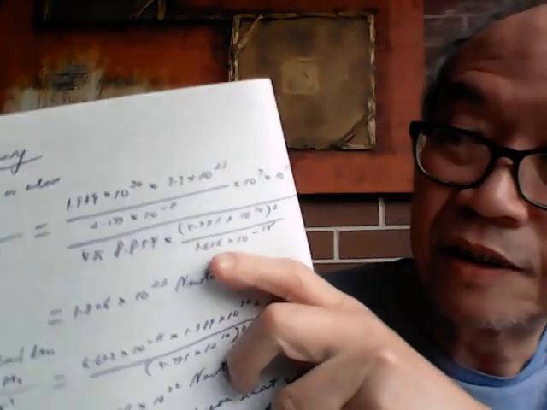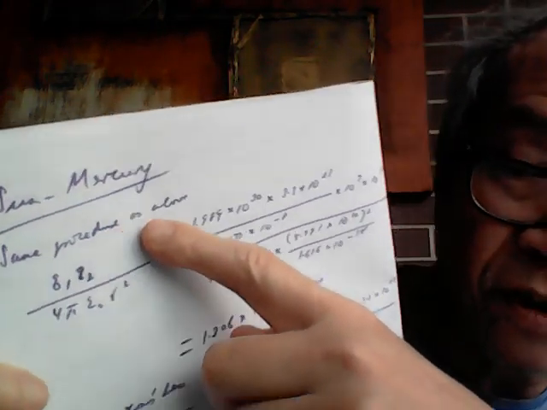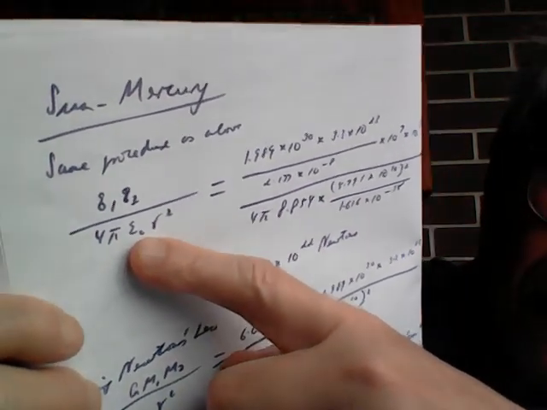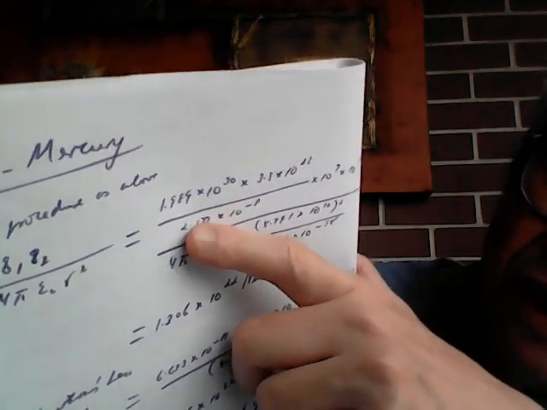Finally, I have to repeat, sorry that I have to repeat three times, for the sun and Mercury, with the same procedure as above. So you got Q1, Q2, and 4 pi epsilon naught, all squared, and then this is the